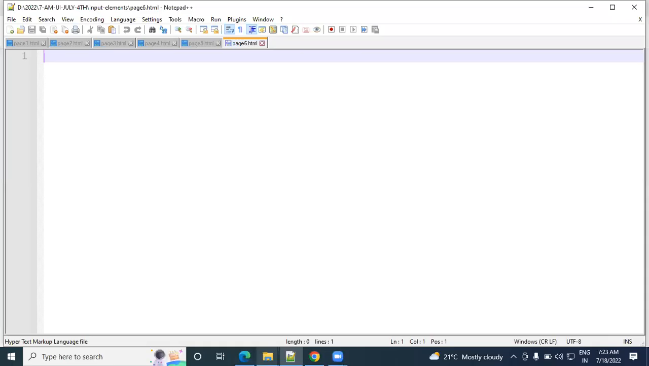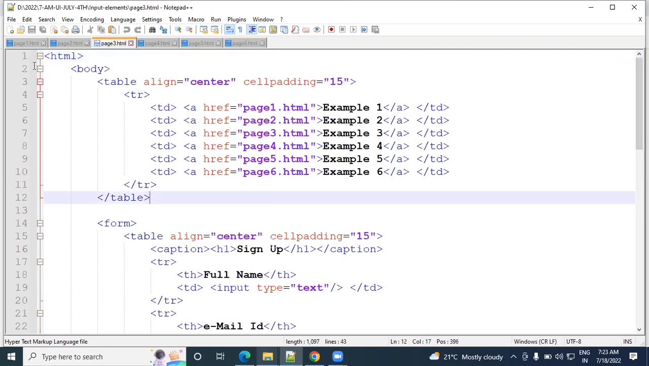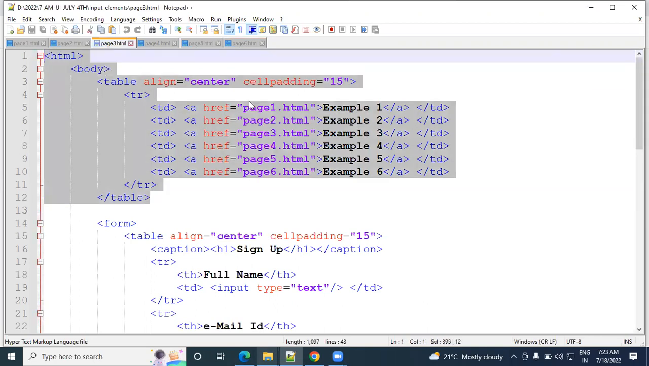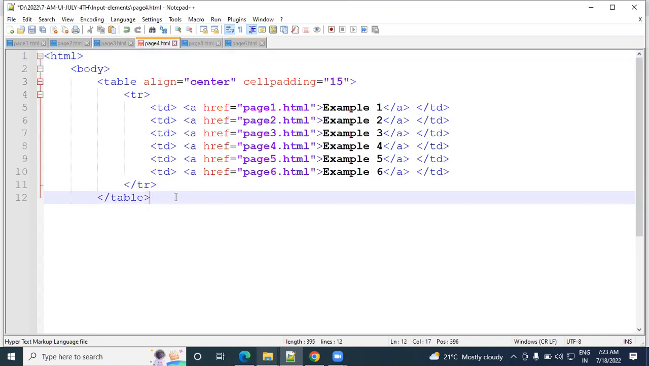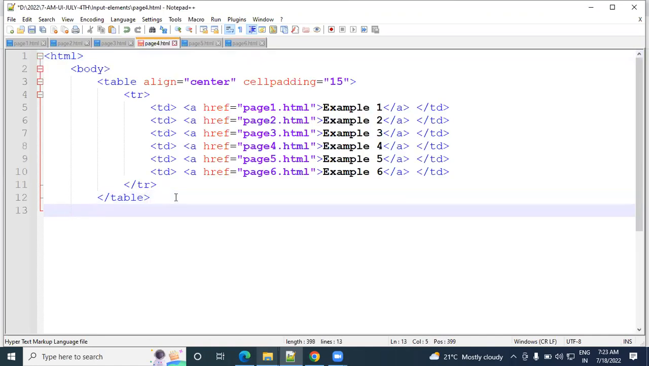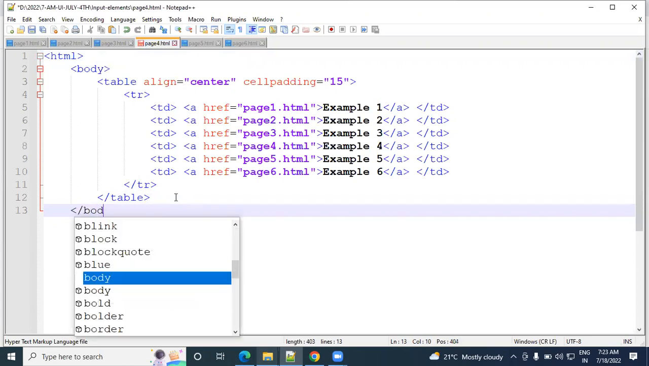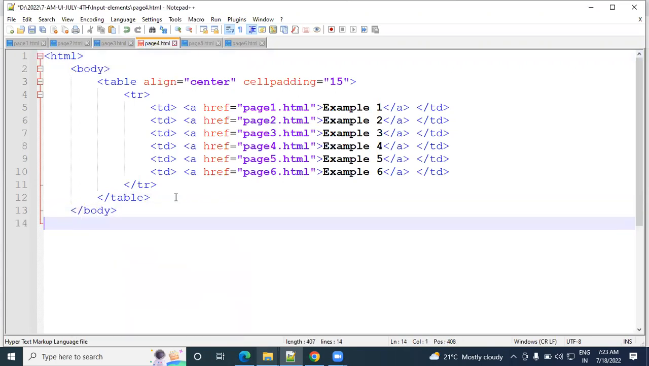Page 4, page 5, page 6. After that, under page 4, we will take this much, till the first table, from the previous page. This navigation section you can copy from the previous page, and after that